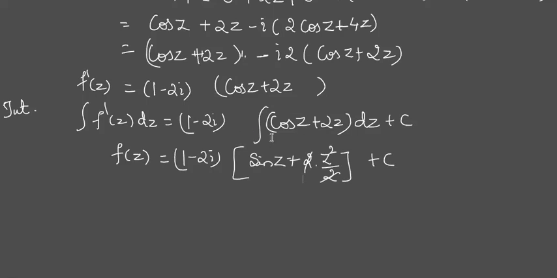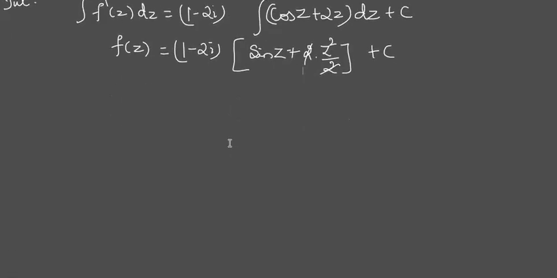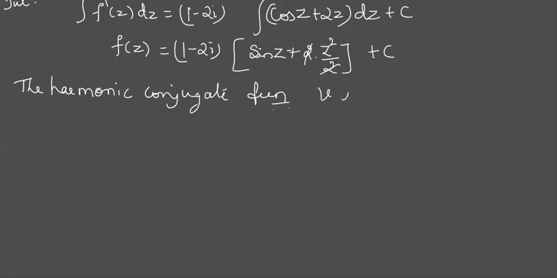Even if you just see the question, they have asked one more part. What have they asked? The conjugate harmonic. So conjugate harmonic means we need to find V. Harmonic conjugate and conjugate harmonic both mean the same. The harmonic conjugate function V is given by, you can write the formula directly. Do you remember now? What is V?